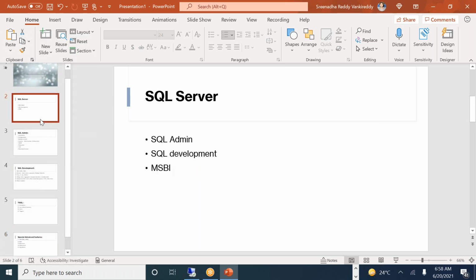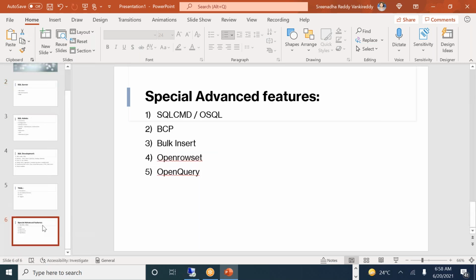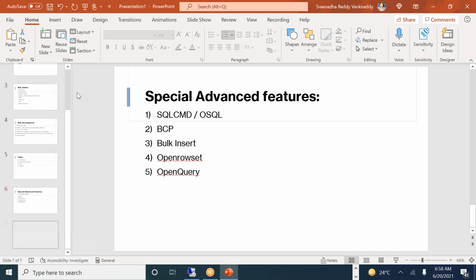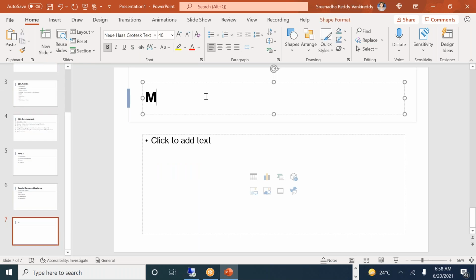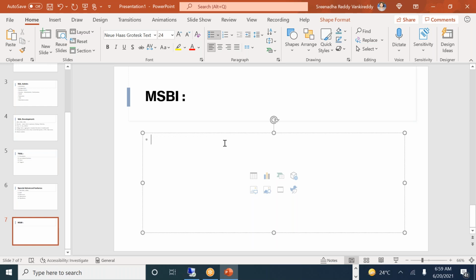So SQL Server admin, development, and MSBI, right? Now we are done with the development. Now MSBI. MSBI is Microsoft Business Intelligence. Okay, Microsoft Business Intelligence. Now, what are the things that come under this? There are tools developed by Microsoft. Those three tools are called